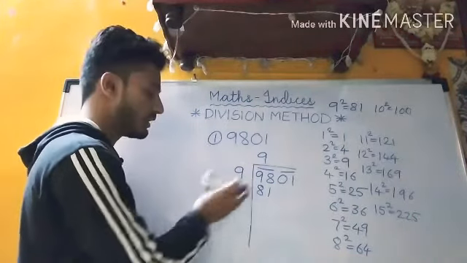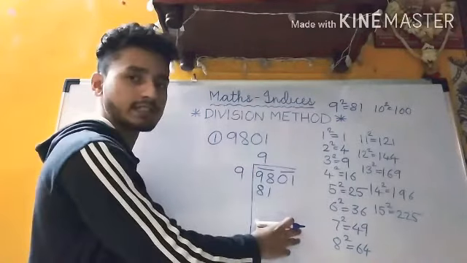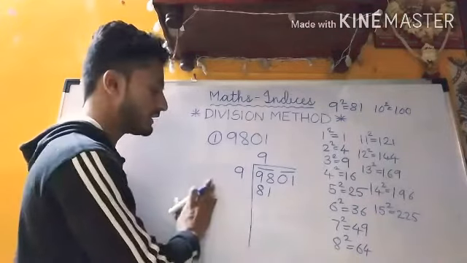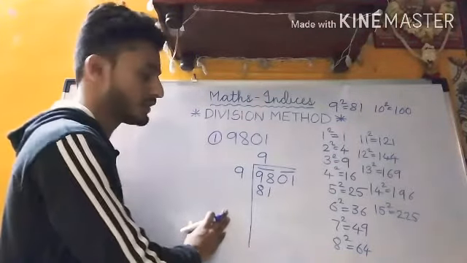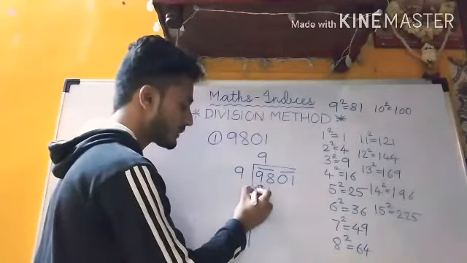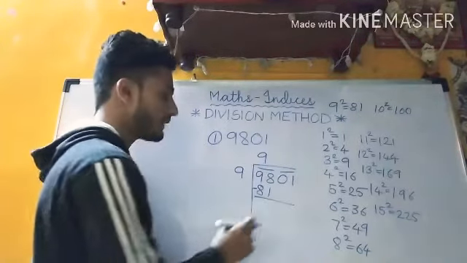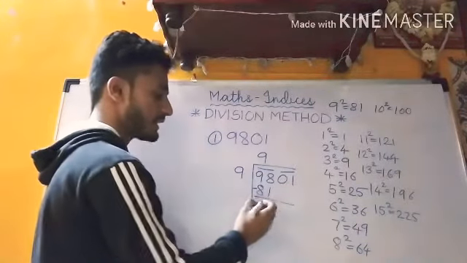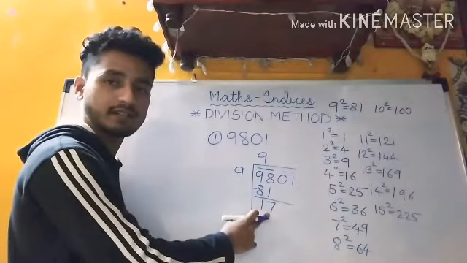the left part is known as the addition part and this part is known as the subtraction part. Below this line we are going to perform subtraction, and in this part we are going to perform addition. I'll tell you how to perform addition here. Since we are going to perform subtraction in this part, we are going to subtract 98 and 81. So 8 minus 1 is 7 and 9 minus 8 is 1. So we have got the answer 17 here.